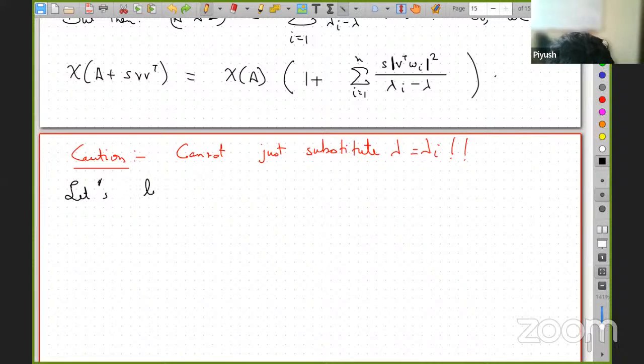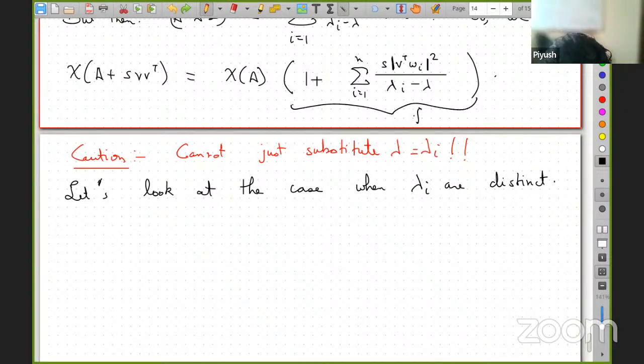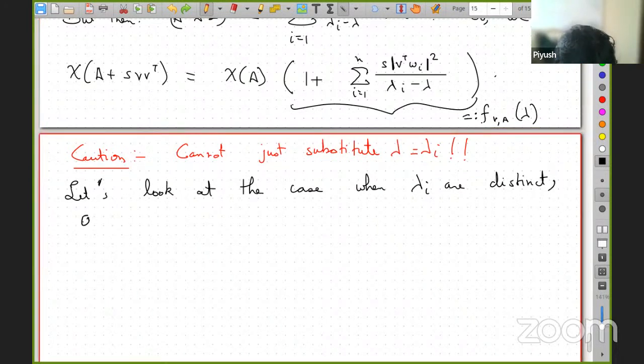Let's look at the case where the lambdas are distinct, and let's call this function f of lambda, and look at and plot